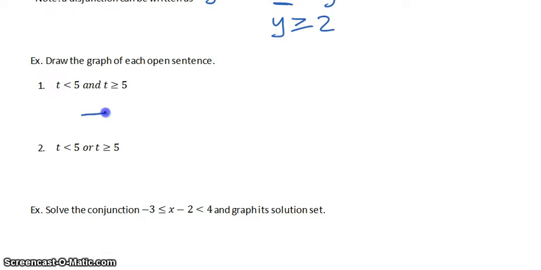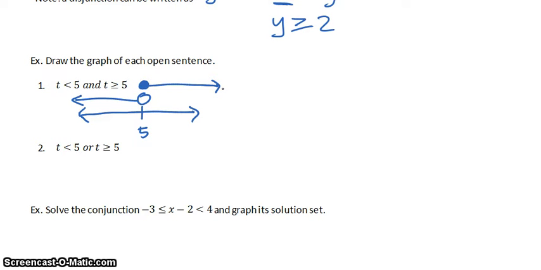So I'll show you. Here's my graph. We have t is less than 5, so that means an open circle to the left. But it also says, and t is greater than or equal to 5. So therefore, we have greater than, I'm going to grab an open circle, closed circle right here,